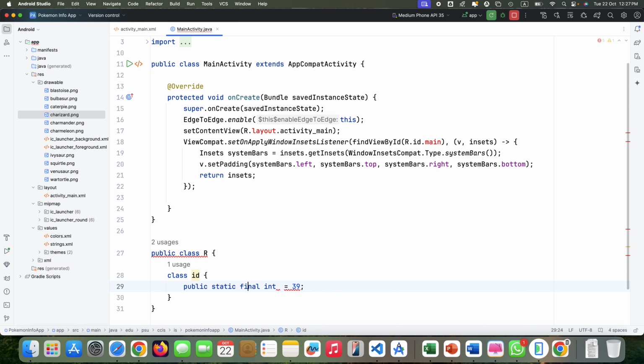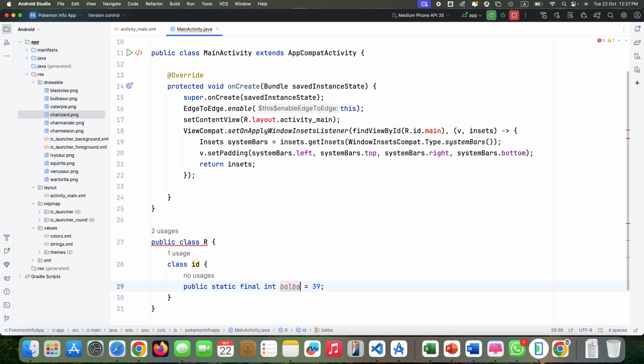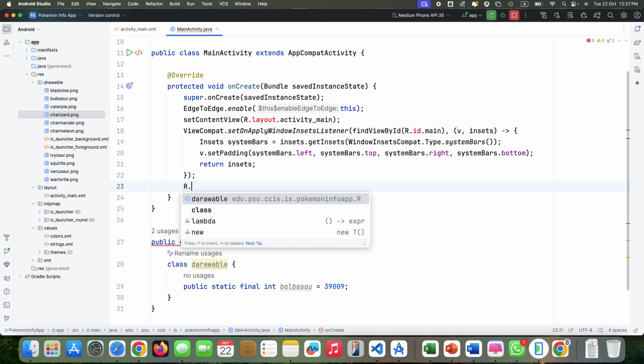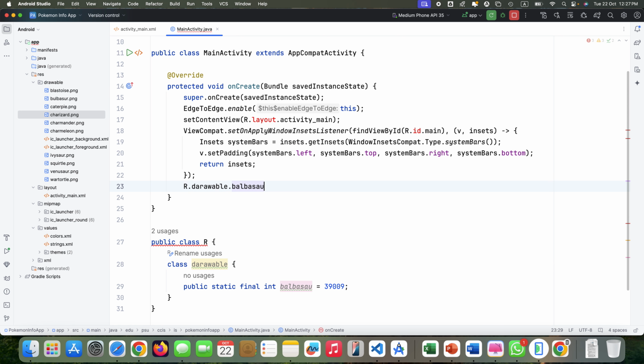Let me define an integer value and then say Bulbasaur and give it some random value. So actually R is representing this class, dot is the inner class inside the R class, and here we are saying drawable. So R.drawable.Bulbasaur,